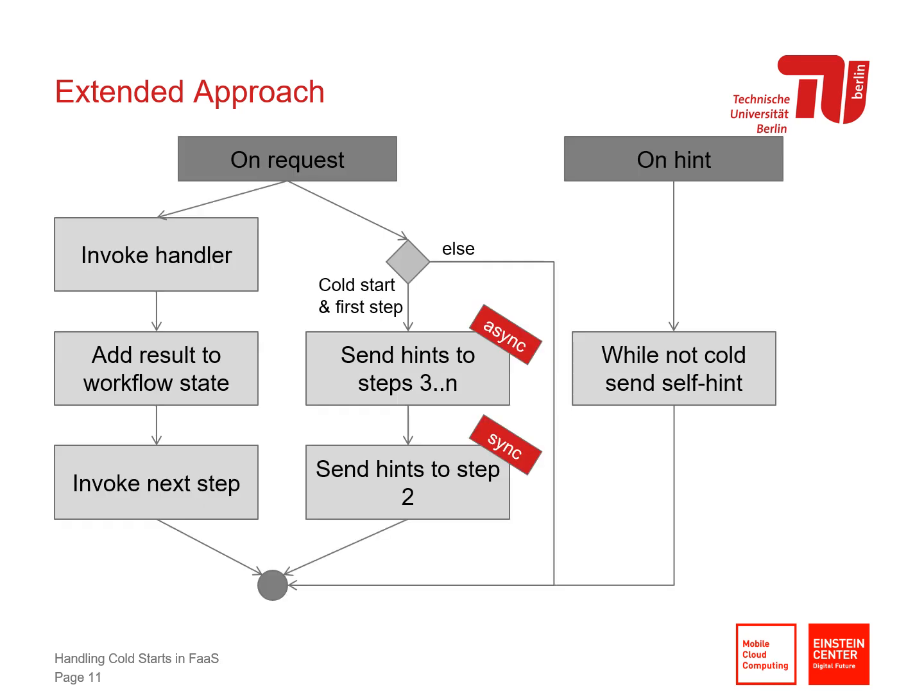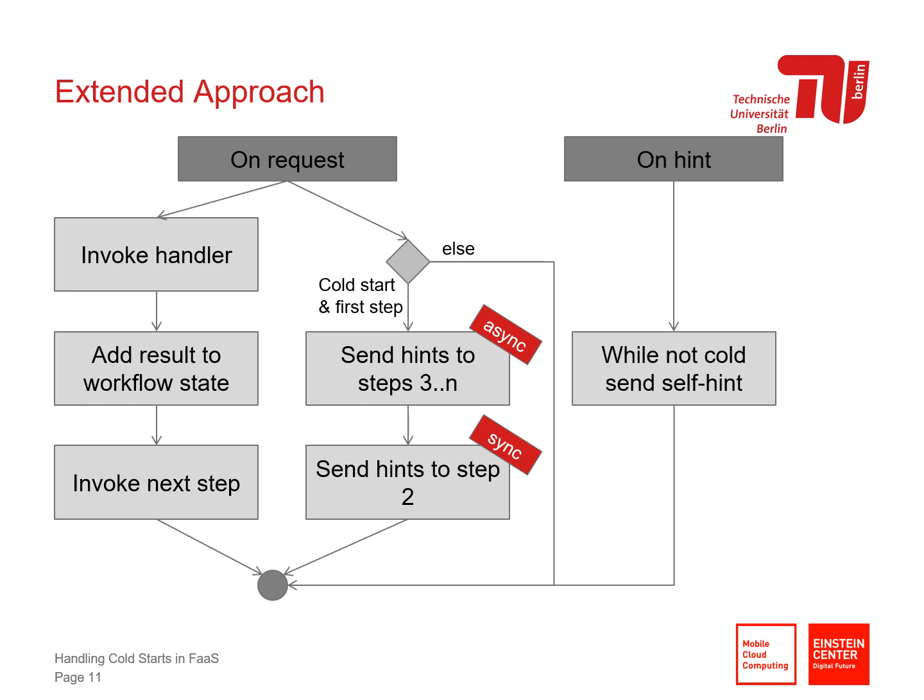In the flowchart of the extended approach, this resulted in 2 changes. In the middle column, we made the hint message to the second step a synchronous call. In the right column, we introduced an action for hint messages. Namely, whenever we get a hint message, we check whether it caused a cold start. If it was not successfully a cold start, we send a self-hint message. This means that the function sends a hint message to itself and then goes into a wait mode for a